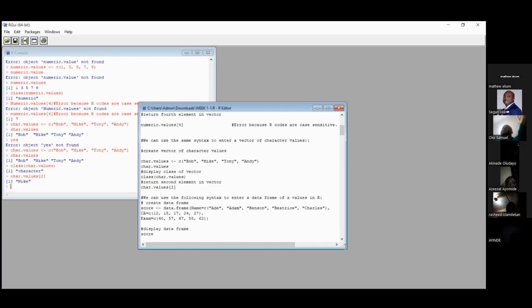So we have the name. I have Ade, Adam, Bensi. Those are the names. That is the first vector. I have under vector CA, which is 12, 15, 17, 24, 27. Then I have under vector exam, which is 40, 57, 47, 58, and 62. So I have 3 vectors in that data frame. So if I run this